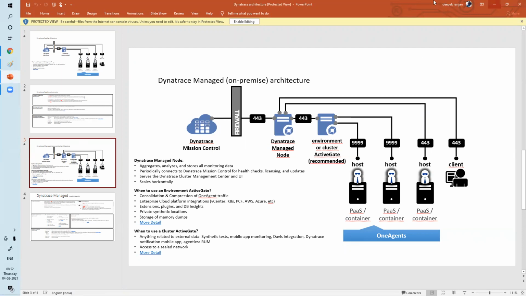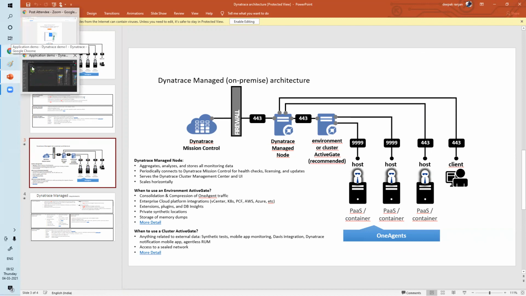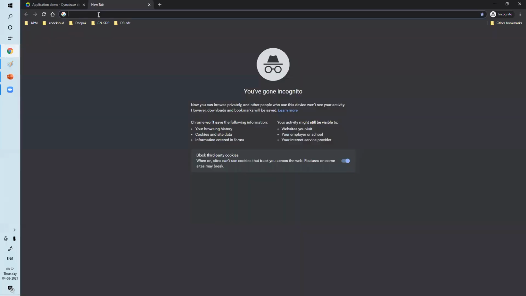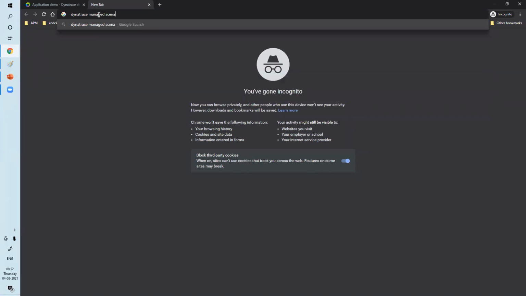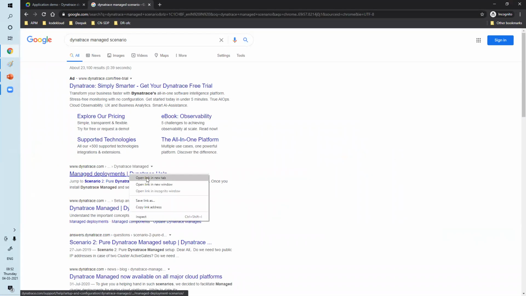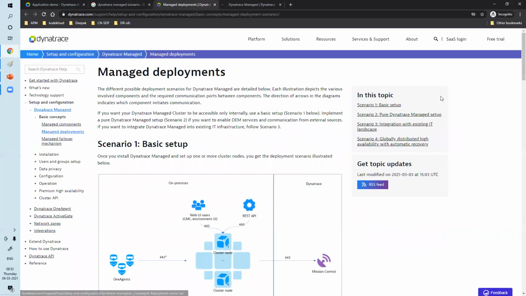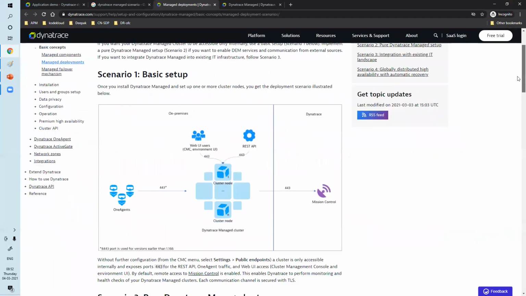So just to understand, I think this architecture might get somewhat confusing. Let me open another architecture. Now you see, this is your Dynatrace Managed cluster that we have shown you.